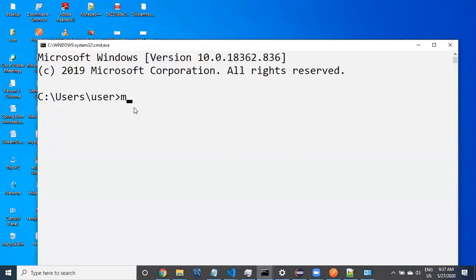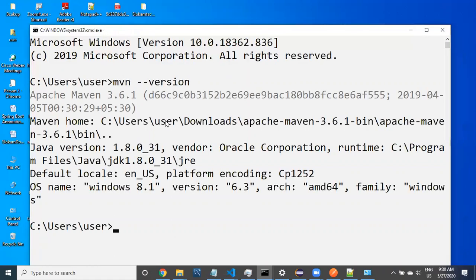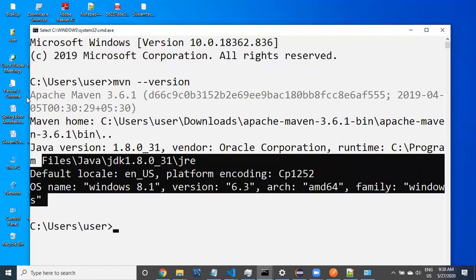Here I'm going to say mvn hyphen version. Just type this in any folder, and this is going to give you some information.